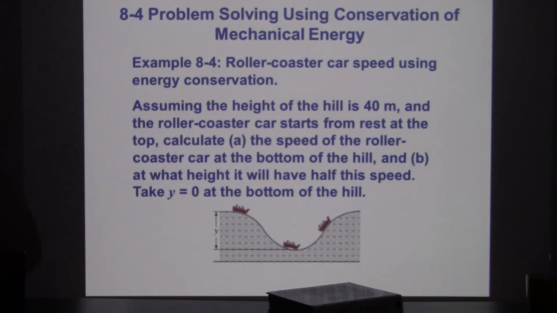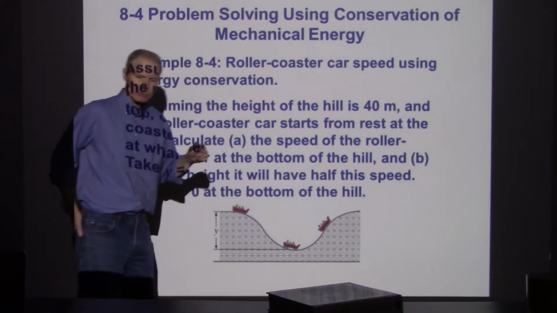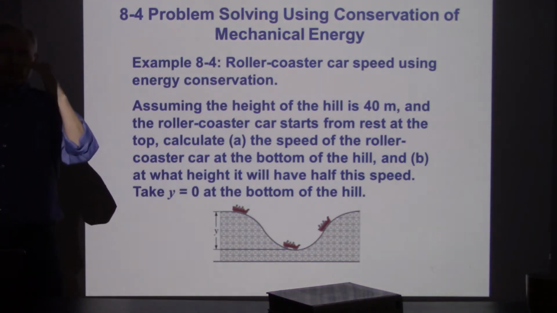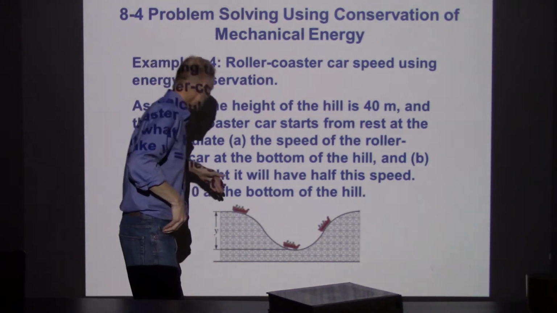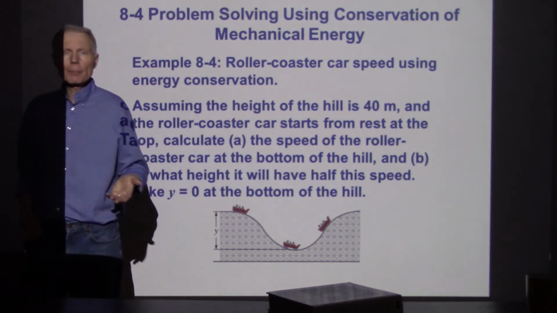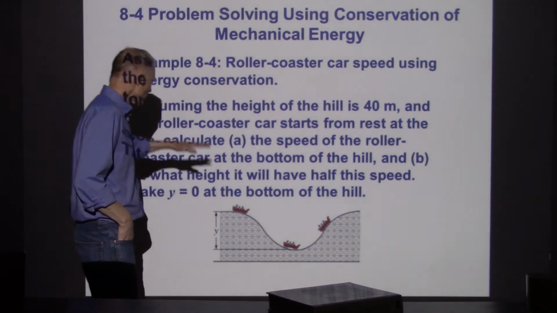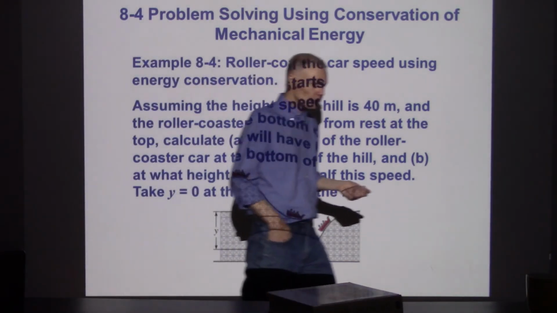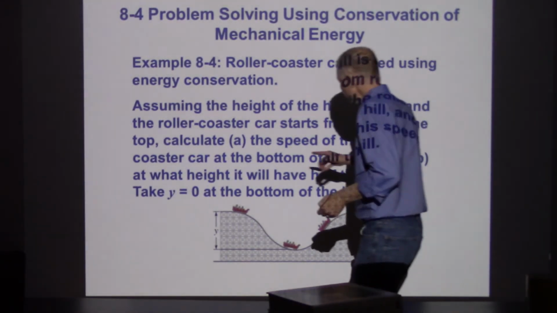But this would be really hard, because the force diagram would be shifted a little bit at each location. So I would need to know something about the slope of the roller coaster at every location. I would need to know exactly what the shape of the roller coaster is in order to add together all those accelerations. What energy conservation tells us is, since gravity is a conservative force, it doesn't matter the details of